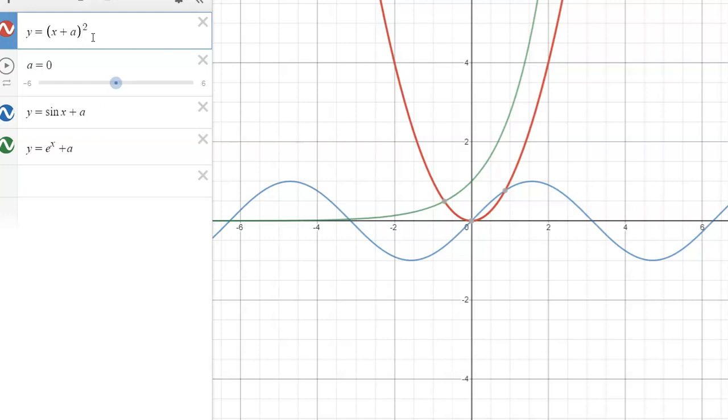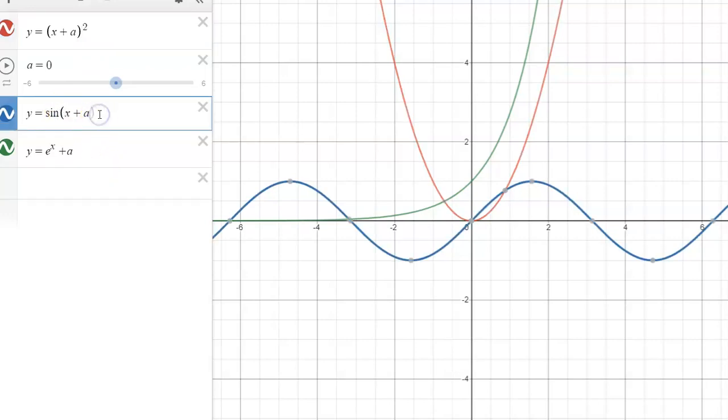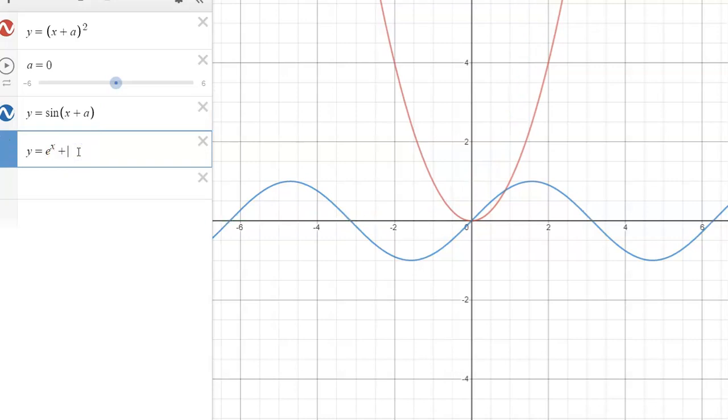So we're still doing the number squared, but we've just added something onto that number first. And same thing here, we need to say add a onto x first and then do the sine of that number. And likewise, we're going to replace this with e to the power of x,